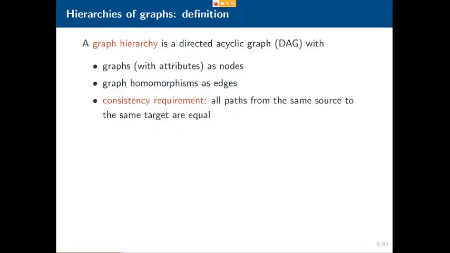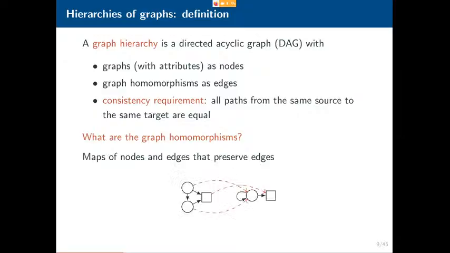A graph hierarchy is simply a directed acyclic graph whose nodes are graphs, whose edges are graph homomorphisms, such that all paths from the same source graph to the same target graph are equal. Let us briefly recall what graph homomorphisms are. Graph homomorphisms are simply functional maps that map nodes and edges of one graph to another that preserve the edges consistently. So an edge in the source graph maps to the edge in the target graph between the images